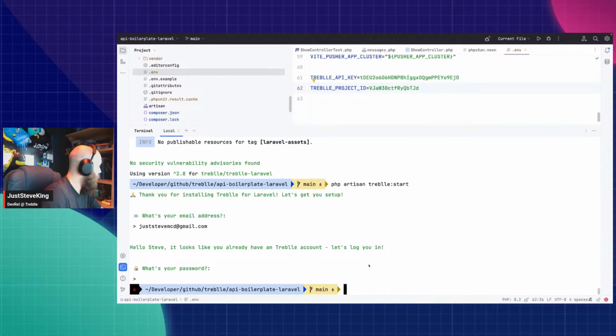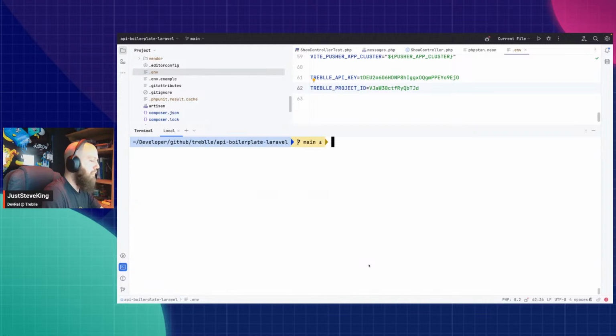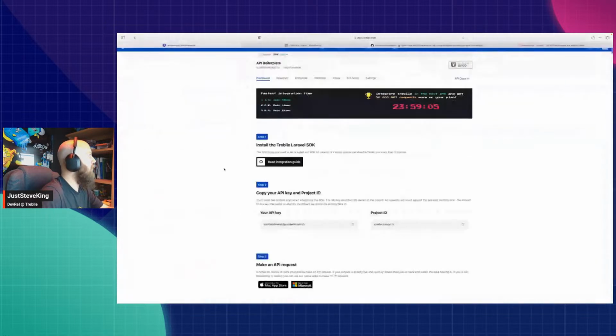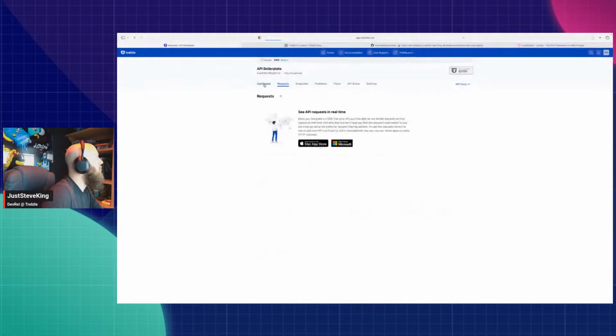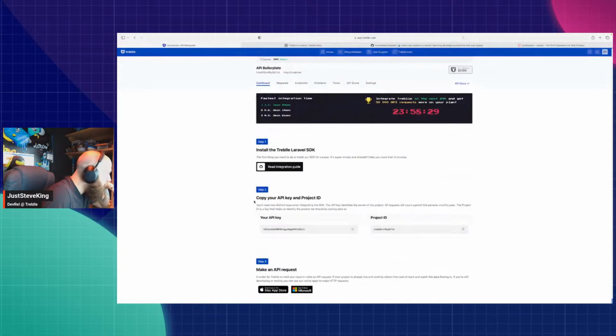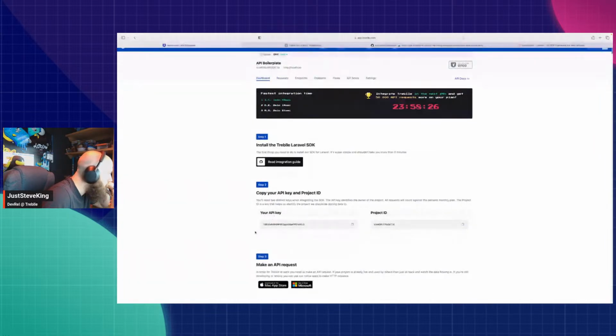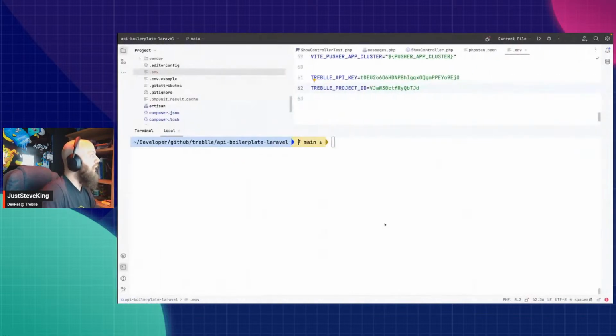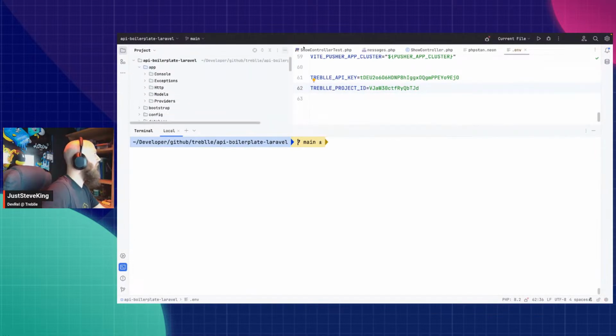No, I don't need that because I already have one. So let's test it. Let's come back to Treble. Let's see if it is connected. Integration guide, what do I need to do? Oh, the middleware. I haven't added the middleware, obviously. So what I'm going to do is,